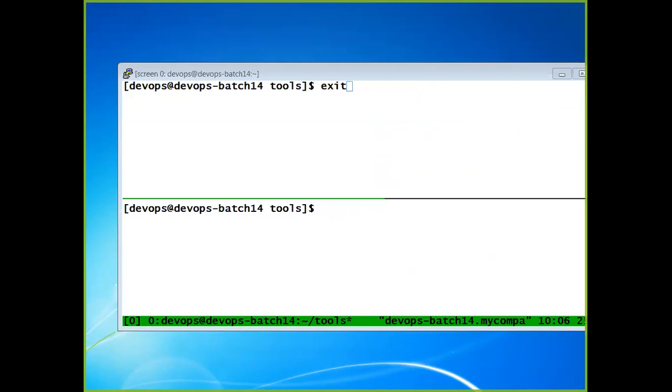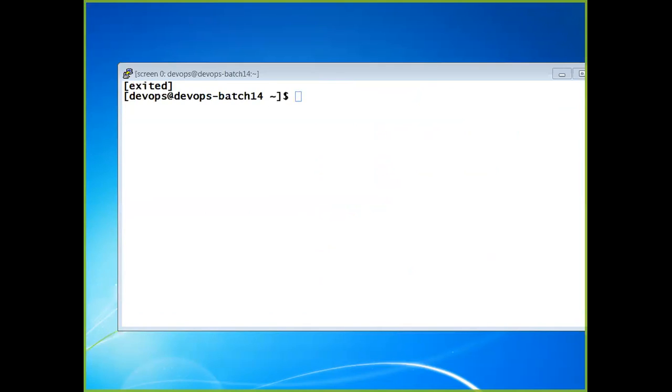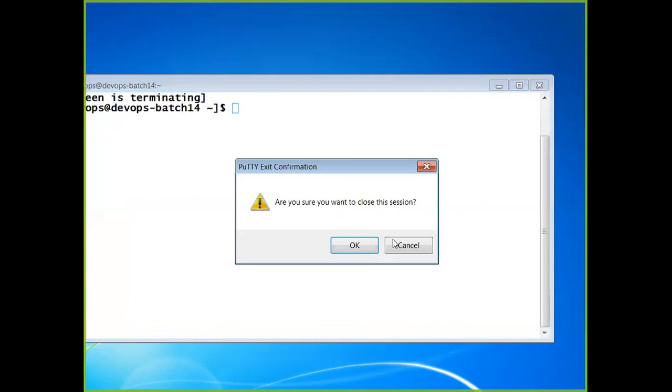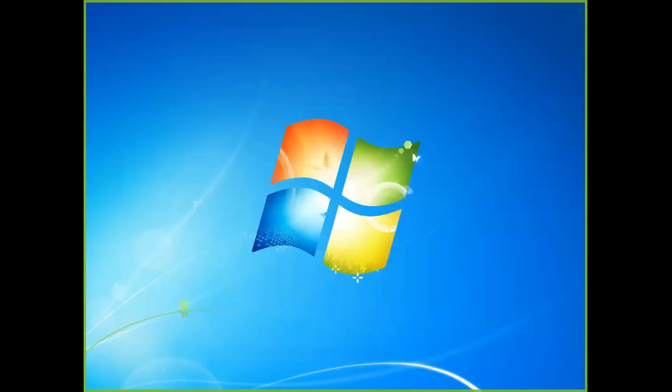So let me exit out and make it a big screen. Okay, so let's see the tools. So we are in the tools. We downloaded the gitbucket.war.